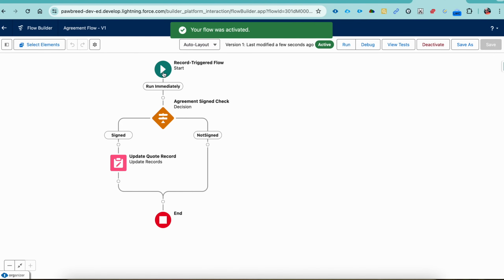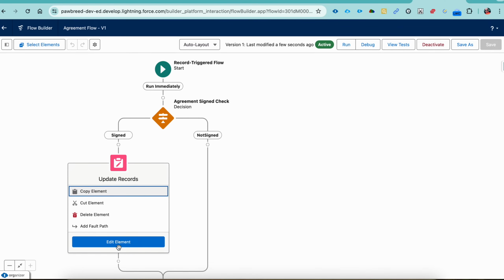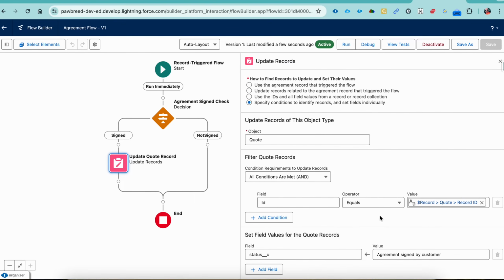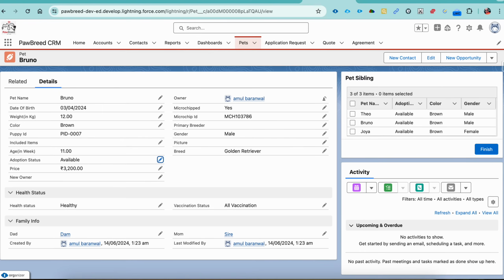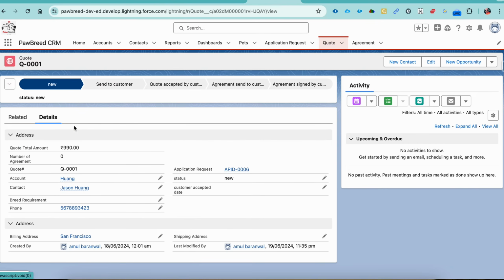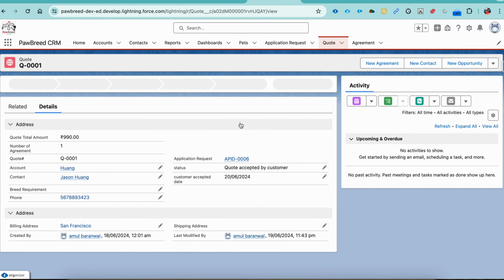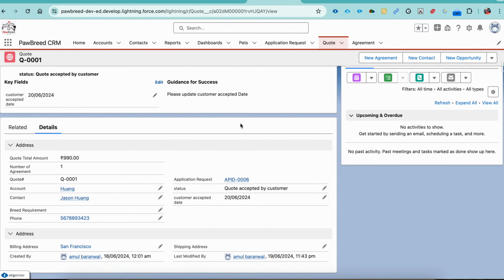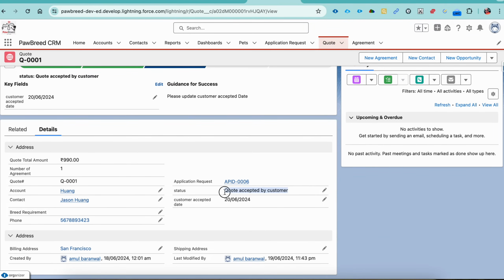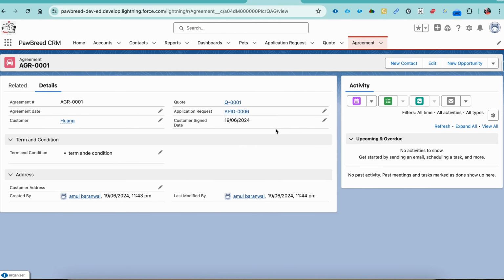So what we have done so far, we are just checking my customer agreement is signed, and then I am updating my quote status called agreement is signed by my customer, right? So let's validate our logic here. So my quote status is still new, and my quote status is still quote accepted by customer. That's it. And for this code 001, I have my